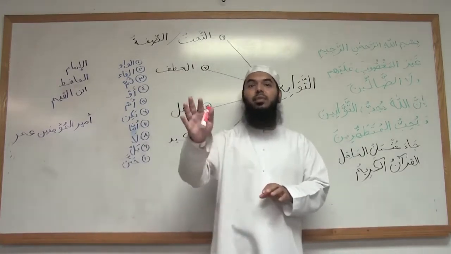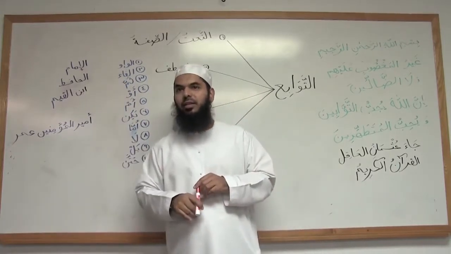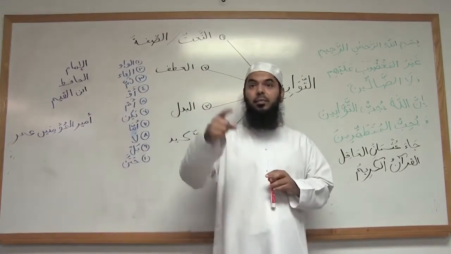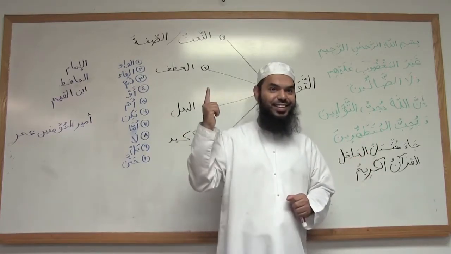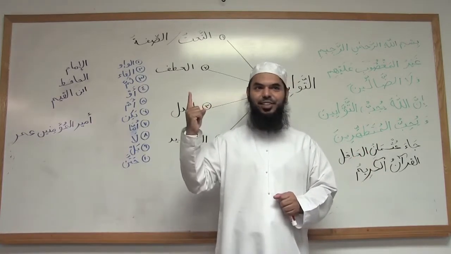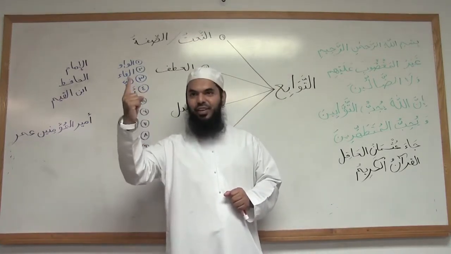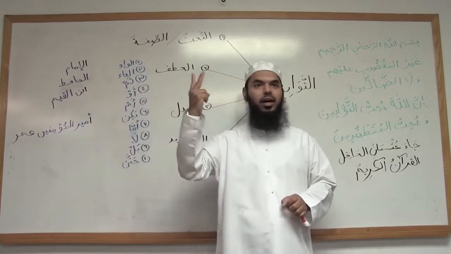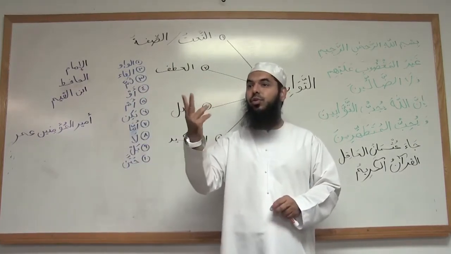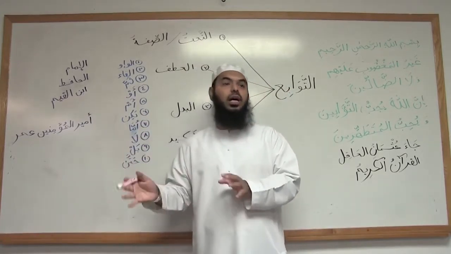You know, ask somebody who studied Nahu for a long time. Just go up to him. Just ask him, can you name all the mansubat? And you'll see people will be stuck. Majrurat. There's only 2. Go ahead. We just did this in the last dars. And there are only 2. Mudaf ilayhi and when it comes after huruf al-jar. Excellent. So those are the only 2 things that are majrurat in and of themselves.